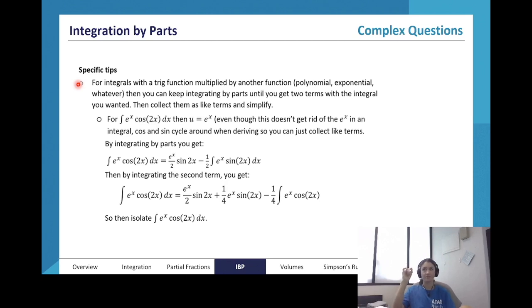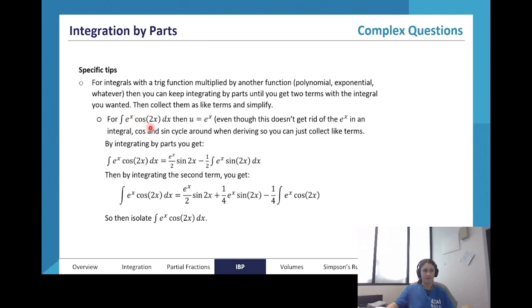If you ever do this yourself, or if you've done this kind of question before I explained this part to you, it's kind of the biggest aha moment ever when you're doing an integral and you're like, whoa, I can just use them as like terms, I don't even have to do the integral. It's so exciting. But an example of this is what we have here, where we have the integral of e